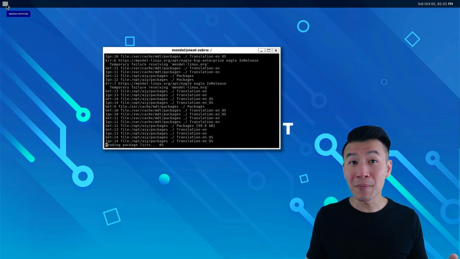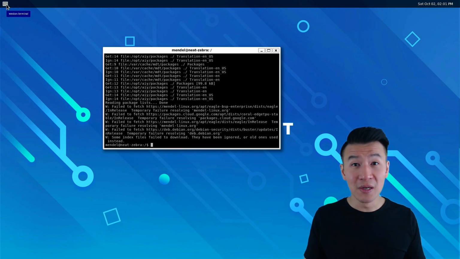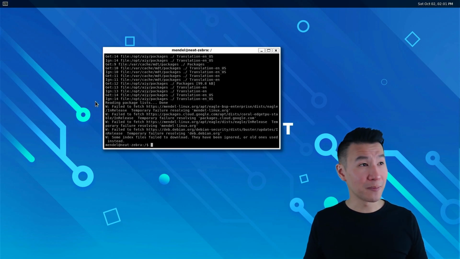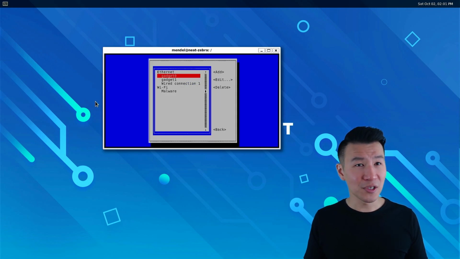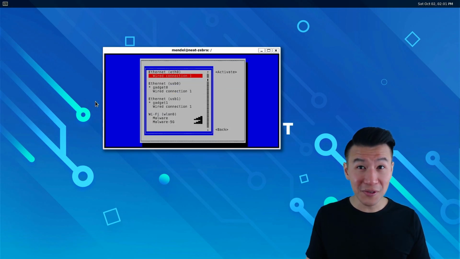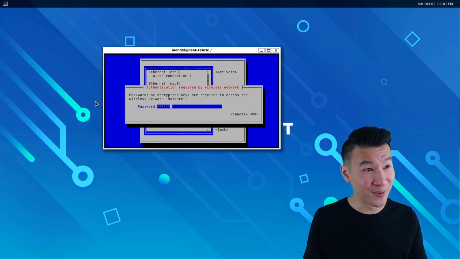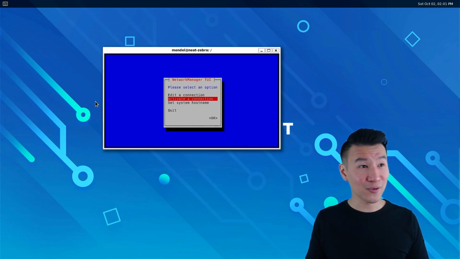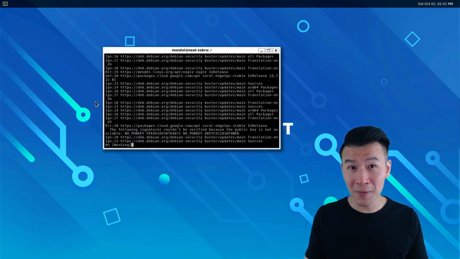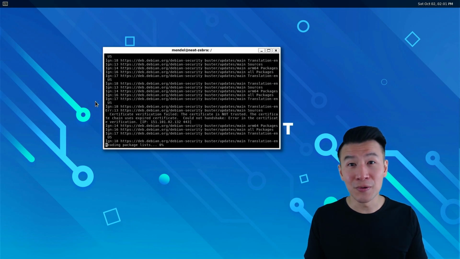Now, if you get any temporary or resolving failures, double check your internet connection. You'll do that by opening nmtui and just reconnect your Wi-Fi again. I've been having Wi-Fi issues lately, so this is sadly normal for me. And then quit. Then press up twice to run the second last command, and that should get you the package